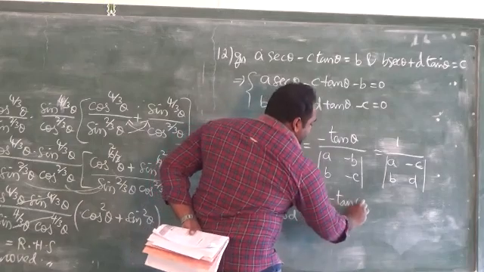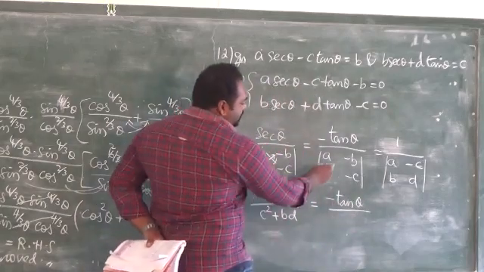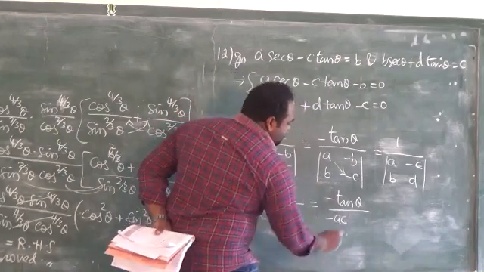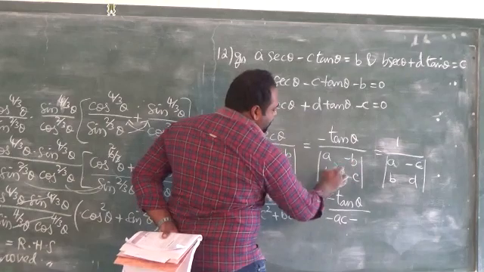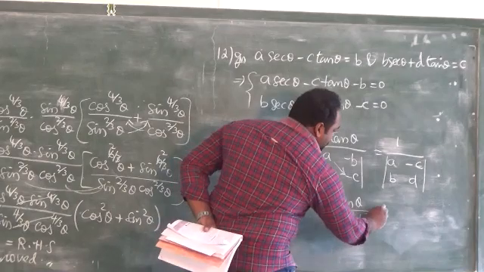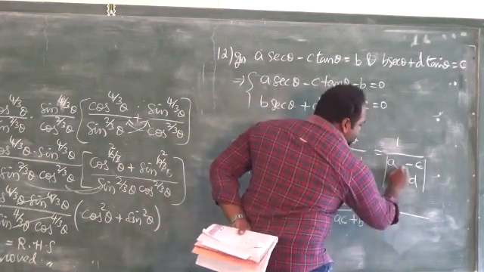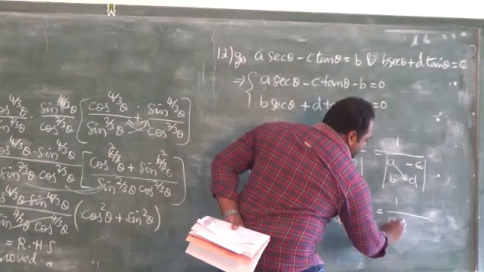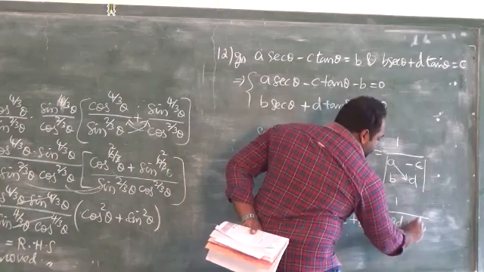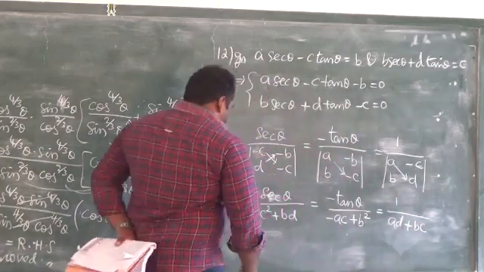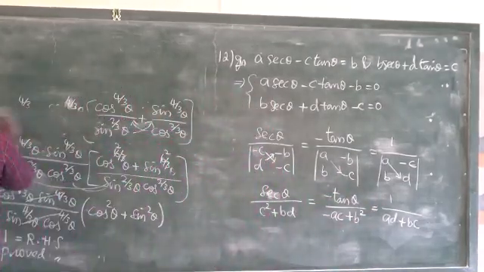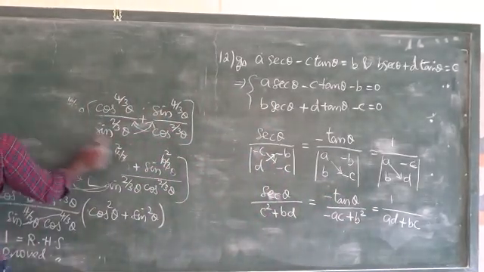minus tan theta by, here same like that, cross multiply these two terms: it is minus AC, minus of these two terms, minus into minus, plus into minus, minus B square, here one minus, so it will become plus B square, equal to 1 into the same thing, cross multiply AD minus B into minus C, minus BC, here 1 minus, so plus BC. Now I am going to compare each one. So here I am going to find out the secant theta value and the tan theta value separately.